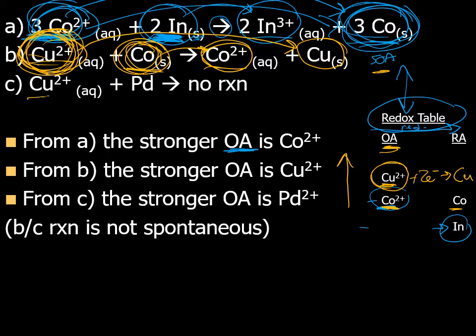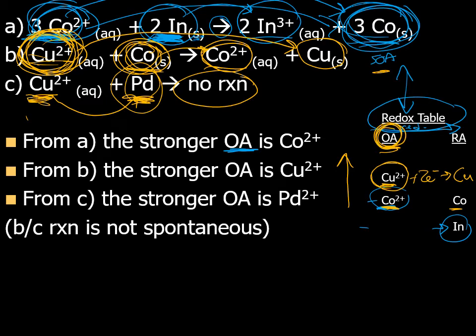And from the last one, I see copper and palladium coming up, and palladium in this case is the atom, and copper is the ion. So copper's trying to take electrons from palladium, but no reaction happens, which means it can't do it. Copper can't take electrons from palladium. So that means palladium must be better at gaining electrons than copper is, because when copper tries to take them from palladium, it doesn't happen. So palladium must be better at gaining electrons, which means it's a stronger